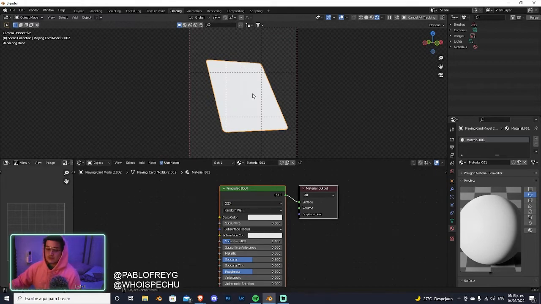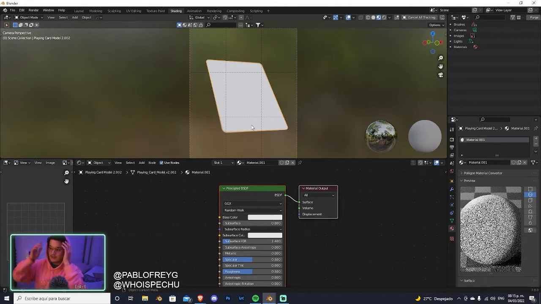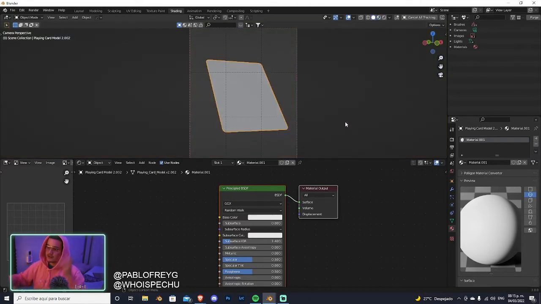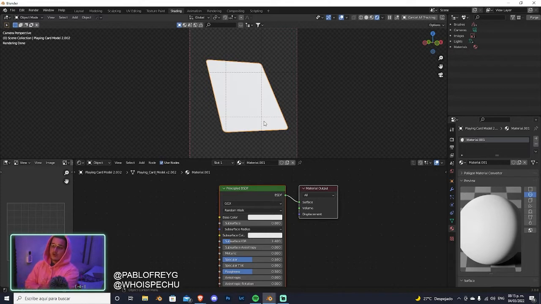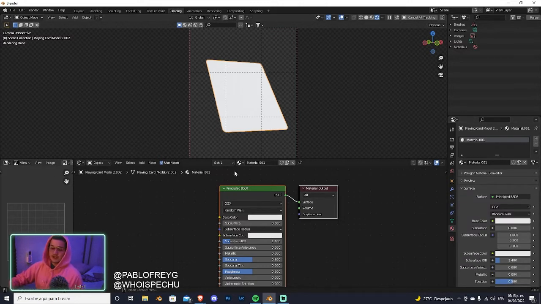So let's just go into render. I personally like to work in render mode. Some people like to work in material preview, and some people like to work in solid mode. It all depends on your machine and on what you like. I like to work in render mode. It uses more of my graphics card, but I like how it looks. So now let me just click off that, and